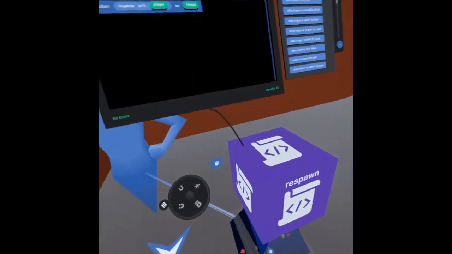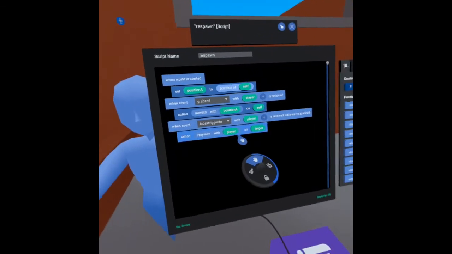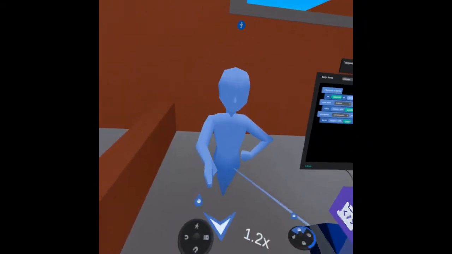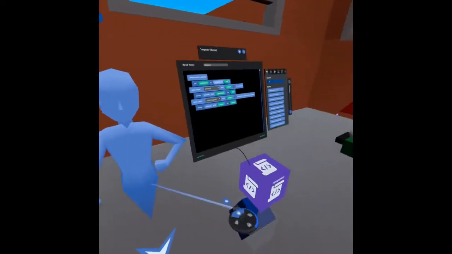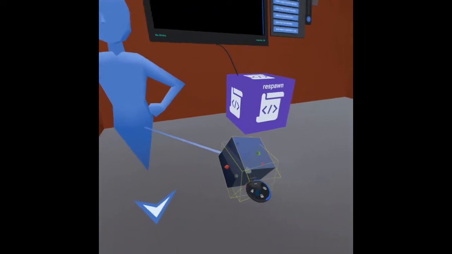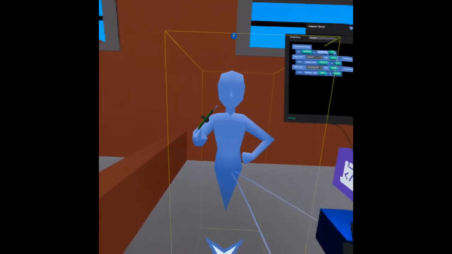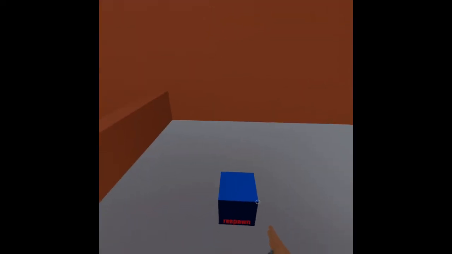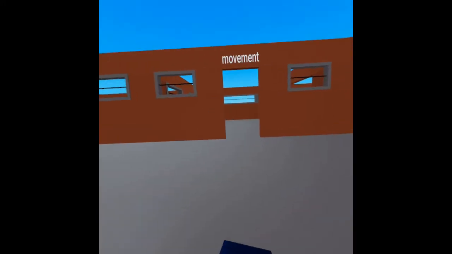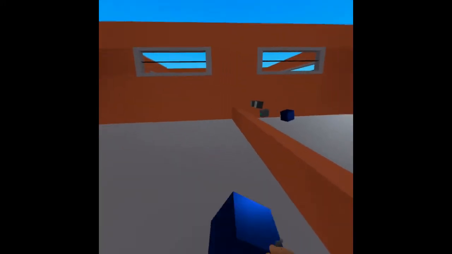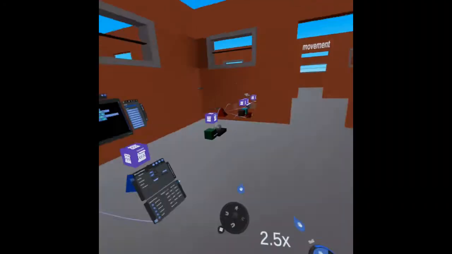So when I grab this block and I pull the trigger, what's going to happen is it's going to respawn the player to the target. In this case, I've pulled out one of these wonderful little spawn points that we covered in a previous video, and I've attached it to this script here via variable target, and that's where we're now respawning. So I pull the trigger and I've respawned. I can go into a whole other room and now it respawns me back into this room. So that's how respawn